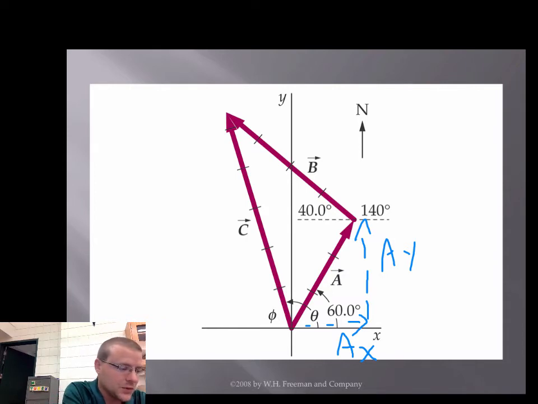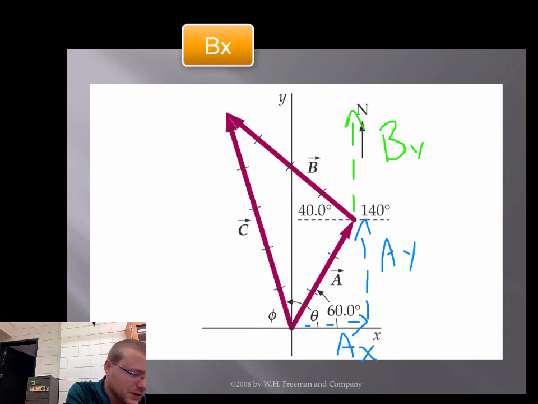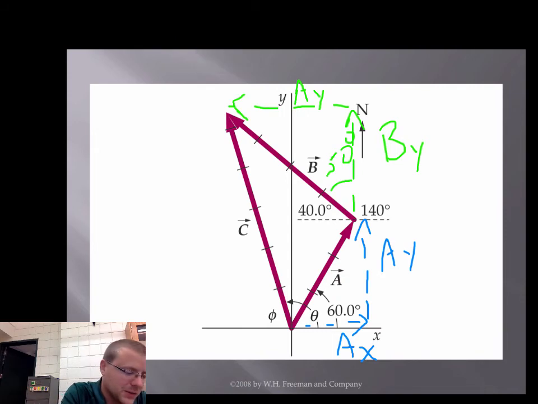I will use green to indicate that I can do this green line to be BY, and I'll go straight over to get AY. And it looks like I'm going to be adding AY and BY,